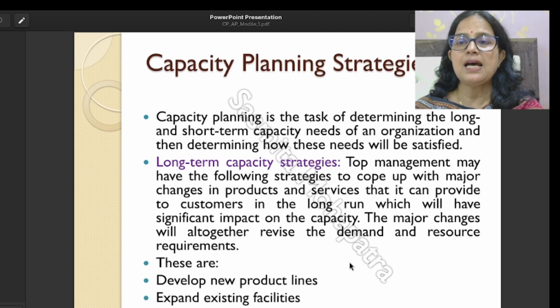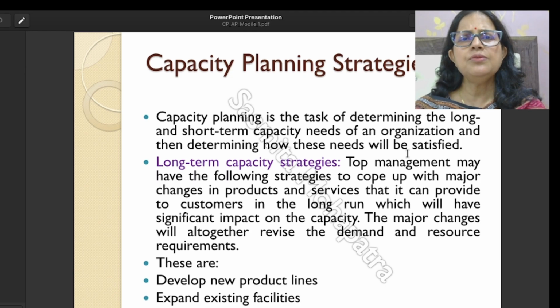Capacity planning is the task of determining the long-term and short-term capacity needs of an organization and then determining how these needs will be satisfied. How do we plan for the capacity? According to the demand in the market, we plan for the capacity of the plant. What is the demand for the product in the market? In that way, how much do we need to produce? So we need to invest and plan the capacity in such a way that we can match the